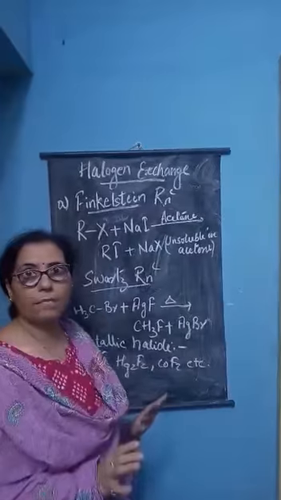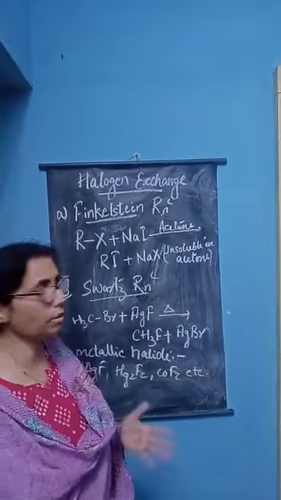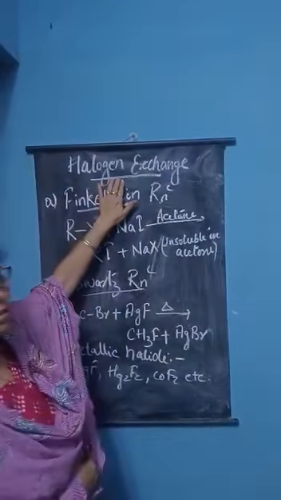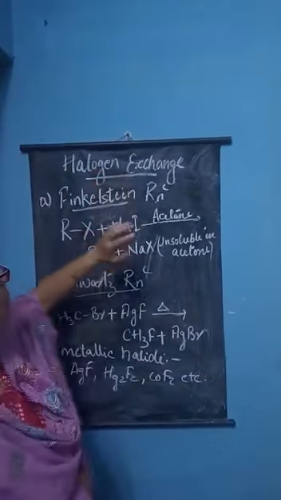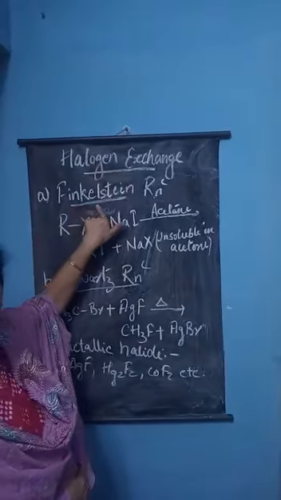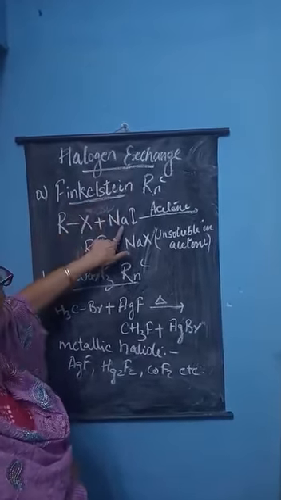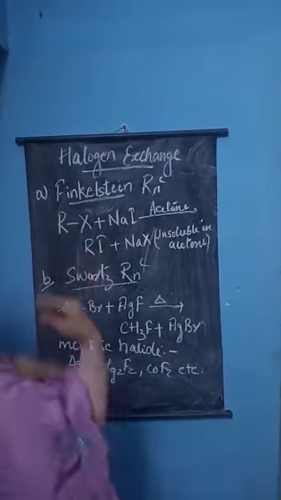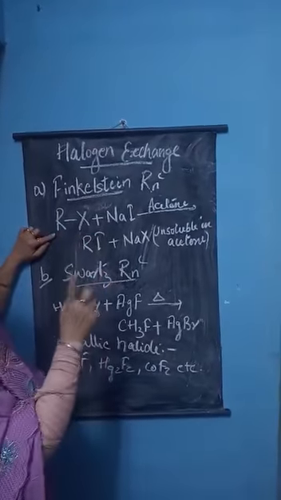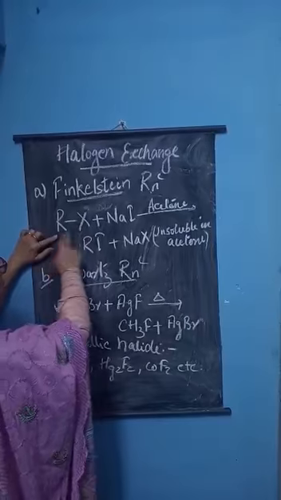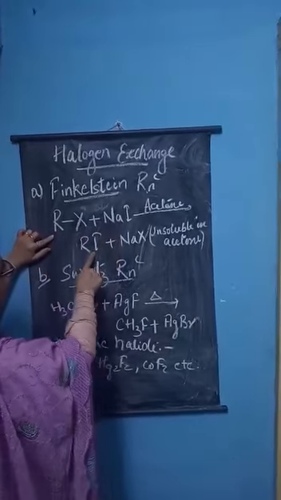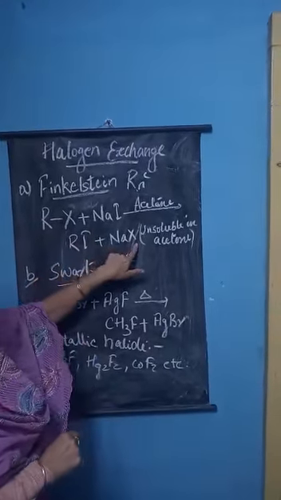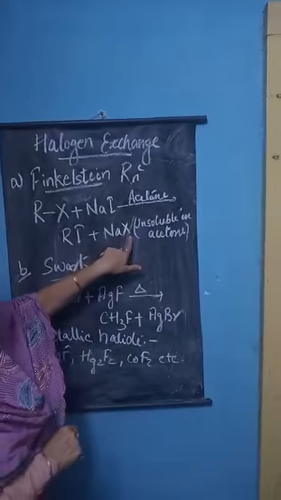This is the last method and again it is a very important method because in this, 2 named reactions are there. This is the halogen exchange method. First is the Finkelstein reaction. This reaction is feasible only when we want iodides, alkyl iodides. In this reaction, any alkyl halide like chlorides or bromides, when reacted with sodium iodide, you will get alkyl iodide and NaX is removed, that is, sodium chloride or sodium bromide is removed.